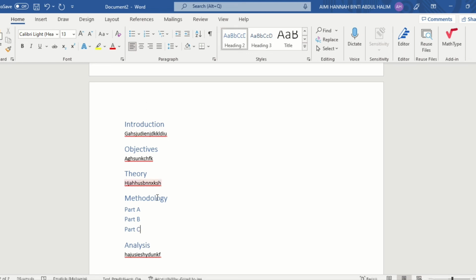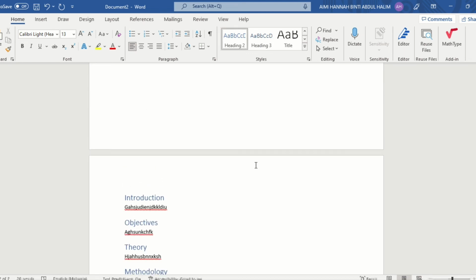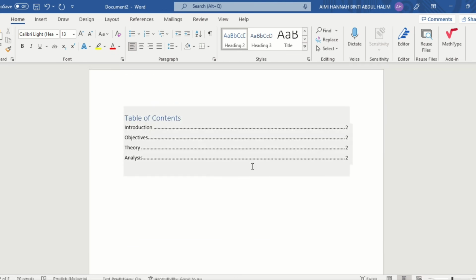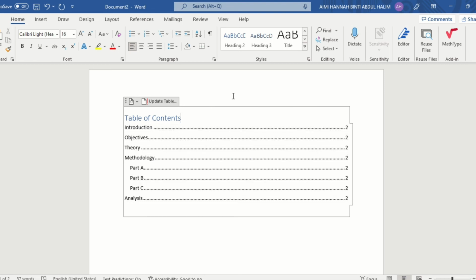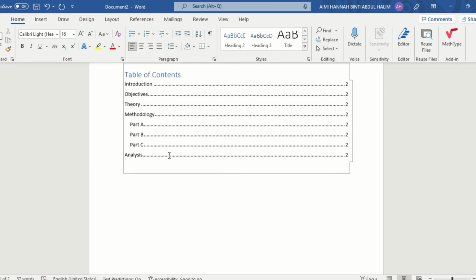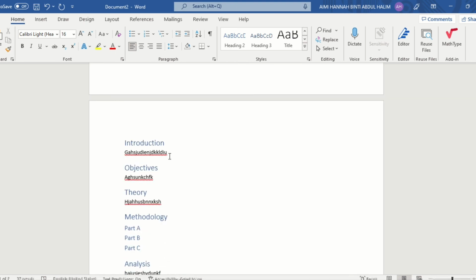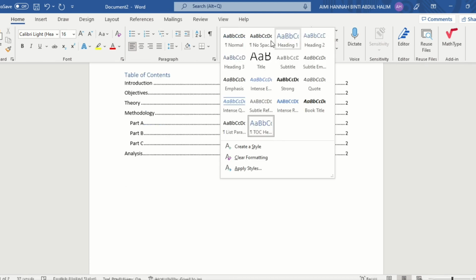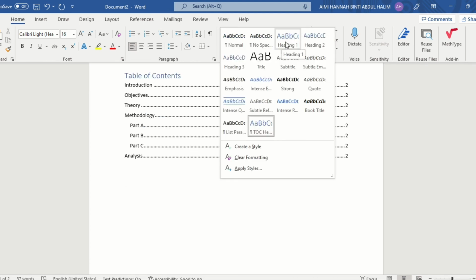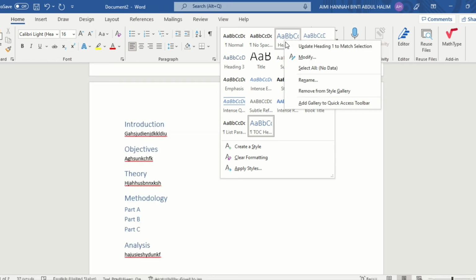So here's our subheadings. When we look at the table of contents, it's not updated yet, so let's update it. Update entire table, press OK, and there it is, our subheadings in our table of contents. Let's say you don't like the way the heading looks, like it's blue when it's ordinary and it looks the same. So we're going to modify our heading by right clicking the heading here